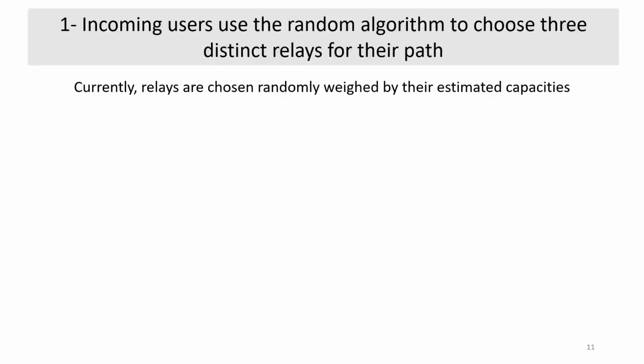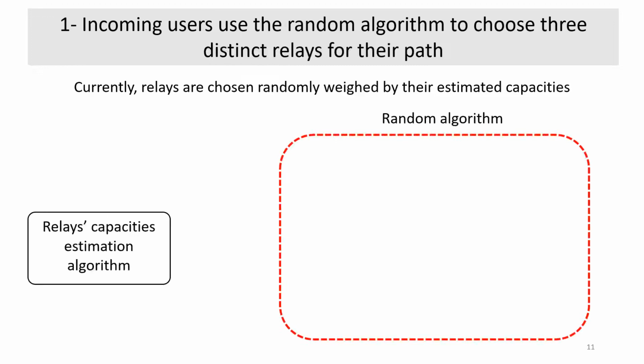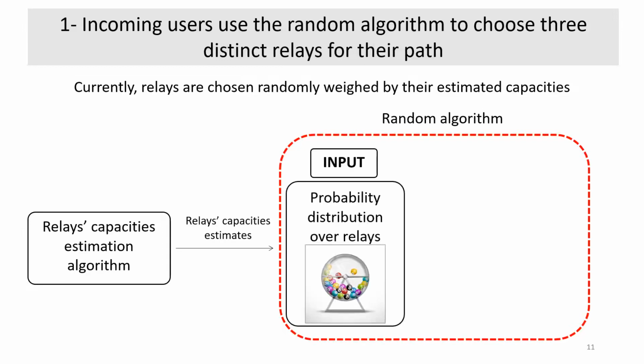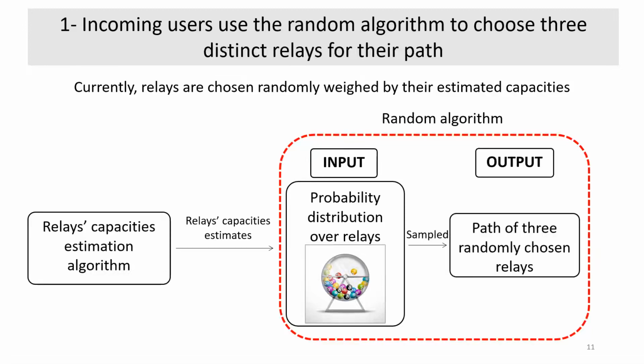So first, starting with the current path allocation algorithm used in the Tor network. Currently, the Tor network uses a randomized assignment of flow circuits to relays, where each user chooses the relays for their circuits randomly, weighted by their estimated capacity. An incoming user will use the random algorithm to choose the three relays forming their path. The random algorithm receives the relay capacity estimates from the relay capacity estimation algorithm and creates a probability distribution over the relays. This distribution is then sampled to choose three distinct relays